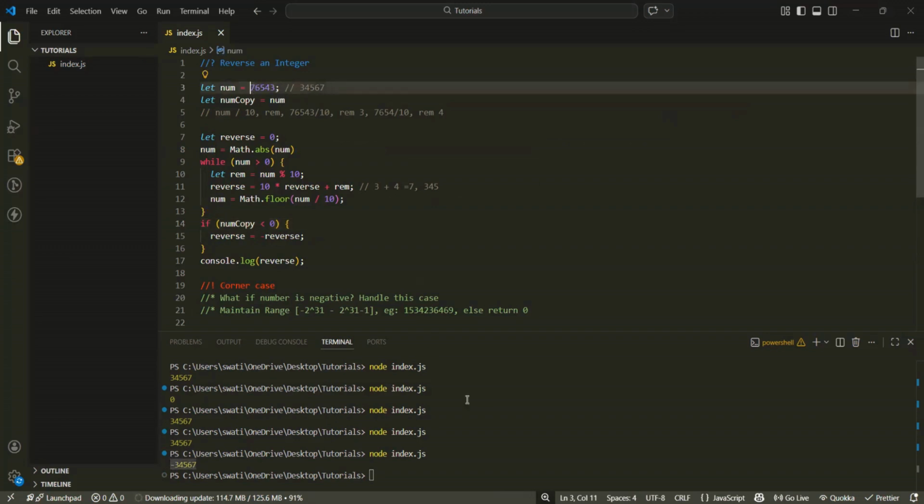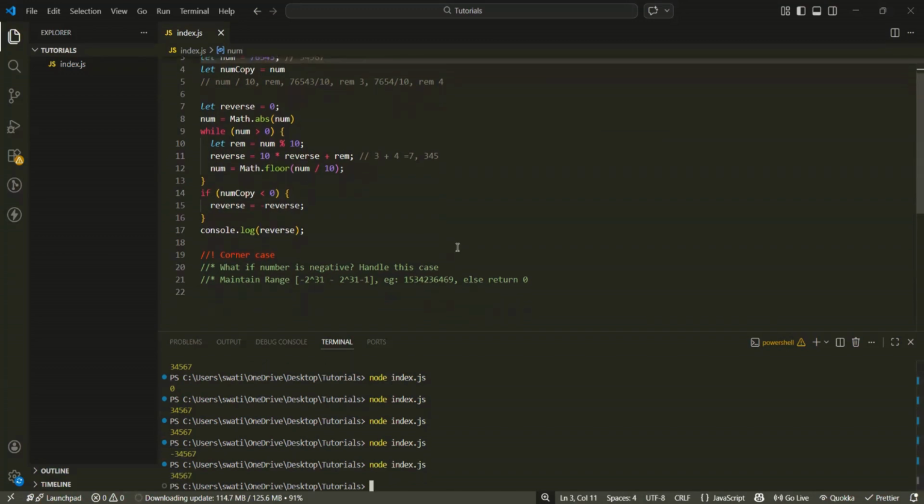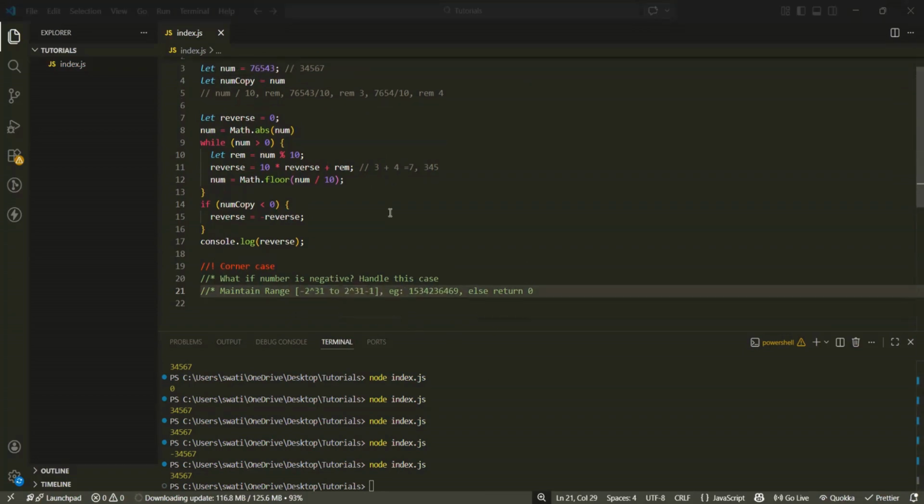For a positive number, it runs the same way. One of the corner cases that I have seen, especially in LeetCode questions, is that we are given a range to maintain, so the number should not exceed this range, that is minus 2 to the power 31 to 2 to the power 31 minus 1. To handle this case, what we can do here is,